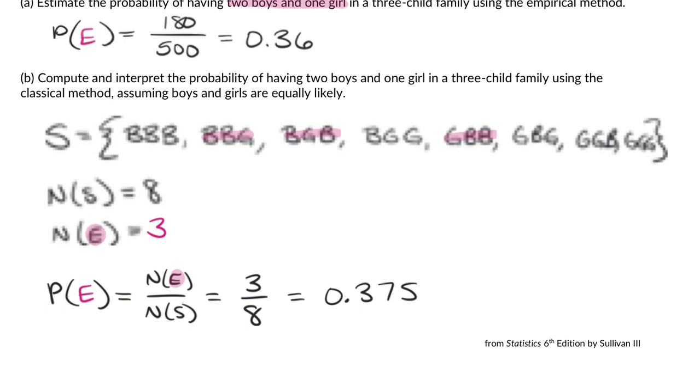Check out those numbers. From empirical evidence, we got 0.36. Classically, we got 0.375. If we surveyed more than 500 families, maybe 5,000 families, this number would get closer to this classical number due to the law of large numbers. So we can do probability either way. If you have empirical evidence, meaning you've done the survey, you're doing empirical probability with frequencies. Or you can think about the entire sample space in general and do classical probability. Yes? Fabulous.